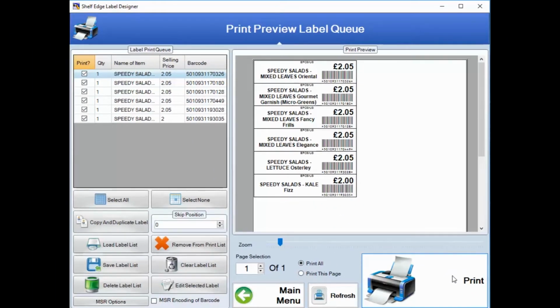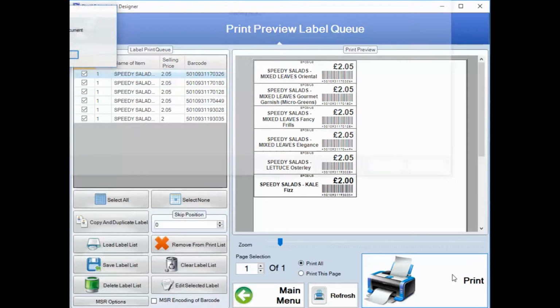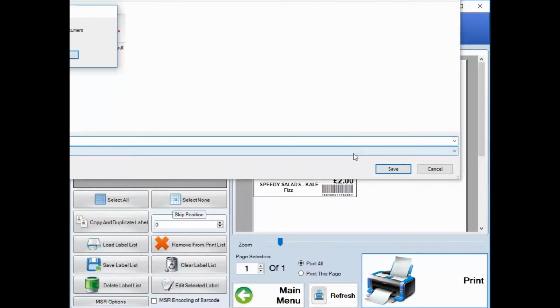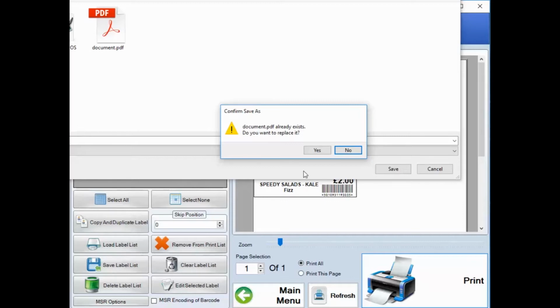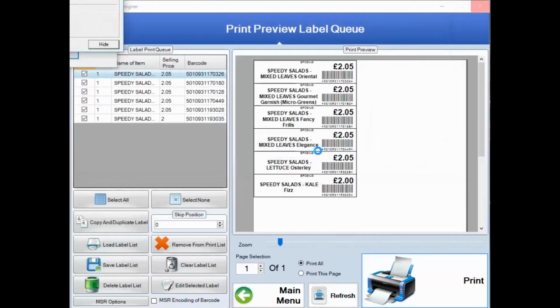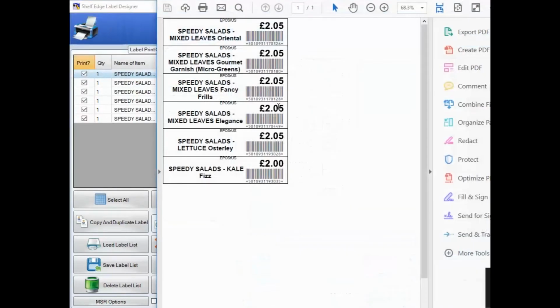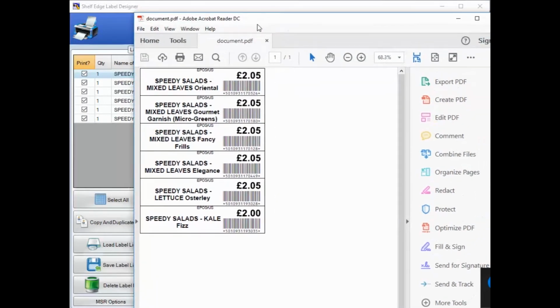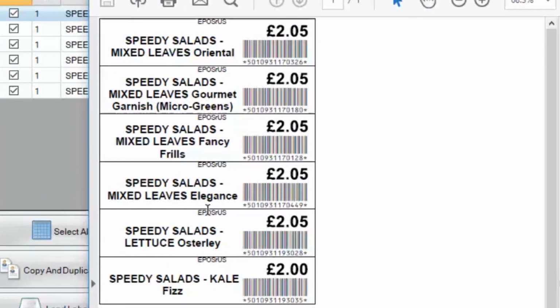Obviously this isn't printing onto paper. It's going to print into a digital document, which I will now save just to show you the final results. So there you go. It's pretty much what you've looked at, but this is what I would get out of my printer. I could then peel these off or cut them out, whatever paper format I've used, and put my